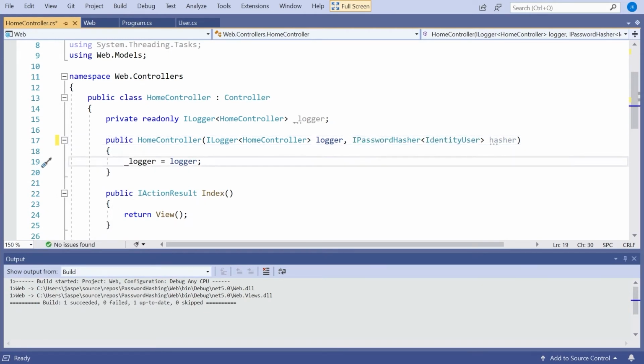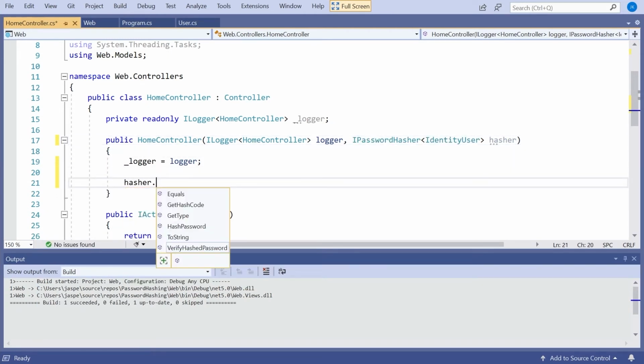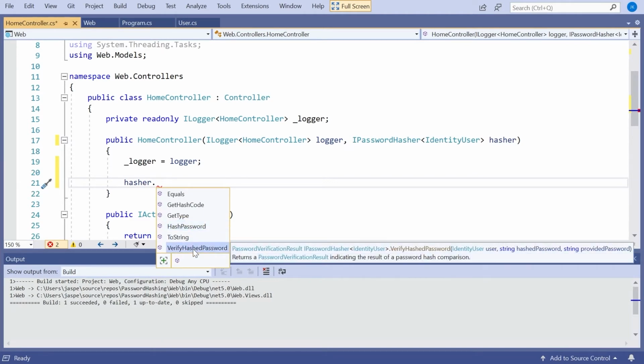But on that hasher object, we have a method called hashPassword and a verify hash password that are doing pretty much the same as I was just showing in the console application, but I haven't had to waste time writing it for myself, and therefore there is much less risk of a mistake because I haven't really understood all the possible things that can go on when hackers try to get into this. But even then, we don't actually need to use that because for the most part, that is all handled for us at an even higher level.